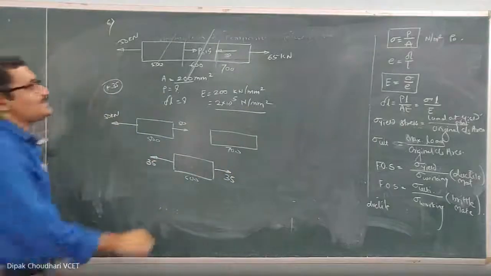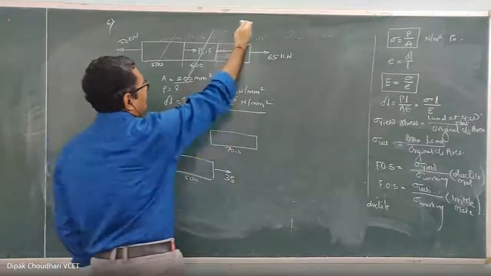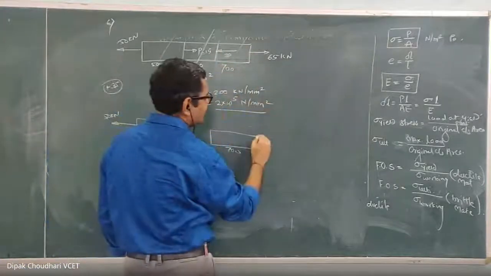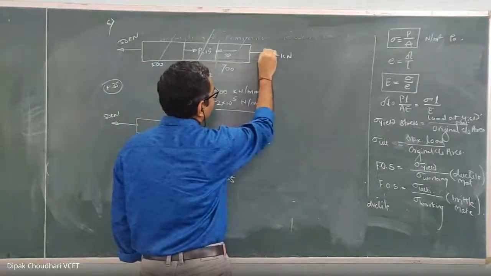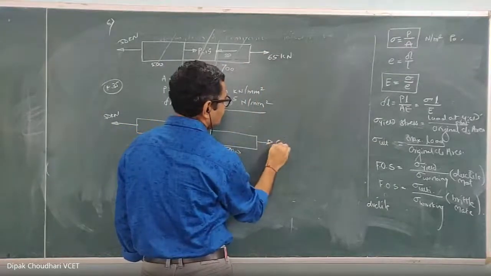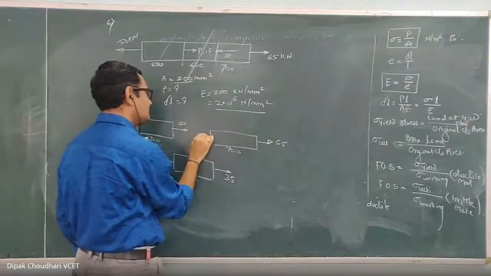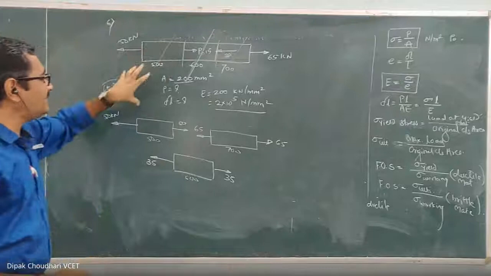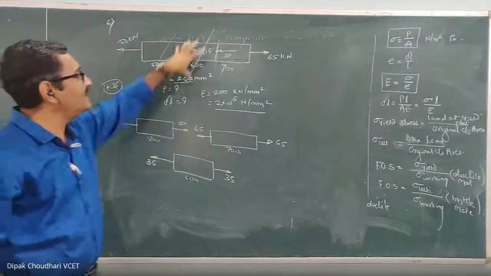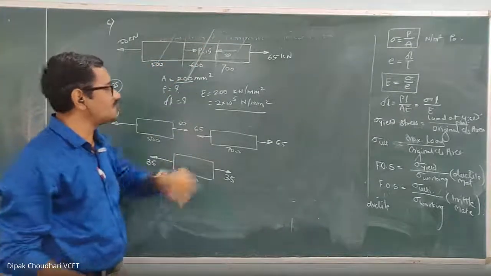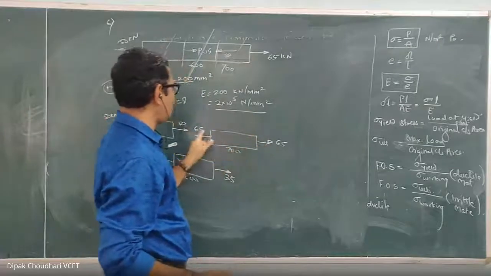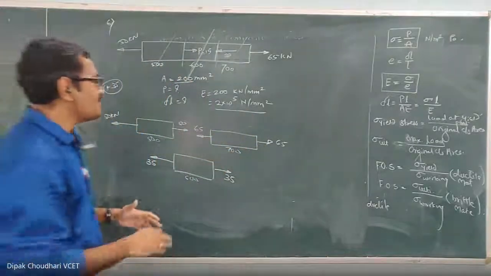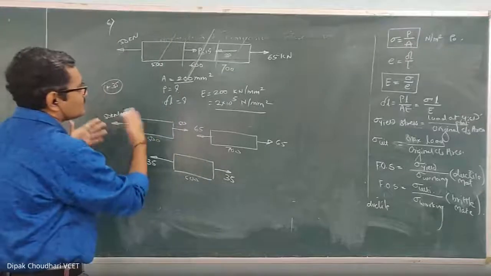Okay, and how much is the axial force in the third part? Take an imaginary section through the third part and take the algebraic summation on any one side. So on right hand side there is only one force of 65, and to balance this there is also 65. It means that the first part is subjected to an axial force of 50, the second part is subjected to an axial force of 35, the third part is subjected to an axial force of 65. You have to calculate the total deformation of this rod.